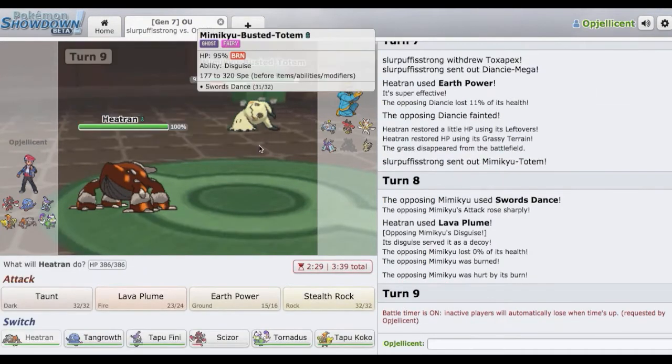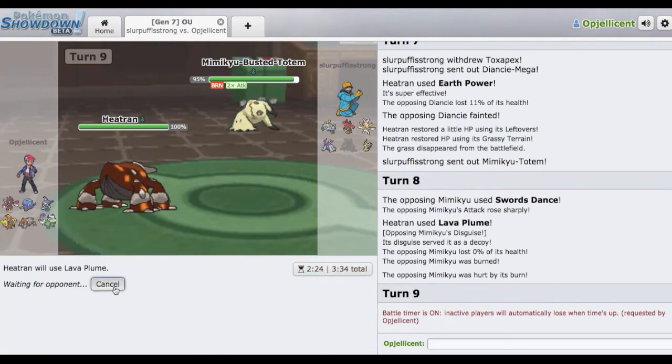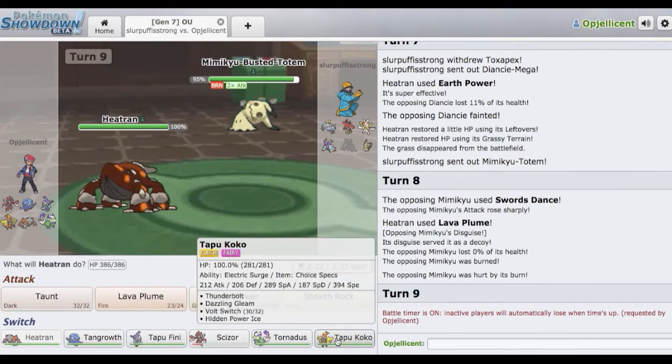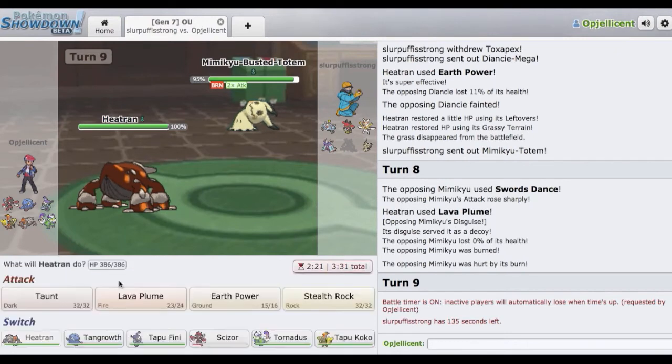So yeah, he goes for the Swords Dance, and we actually just get a burn. We actually can't go Hard Scizor because we're really weakened. So I'm just going to stay in here because... No, you know what? We're just going to go Tangrowth. Since he's burned, he's not going to deal with us well. Tangrowth just deals with so much too. It deals with...